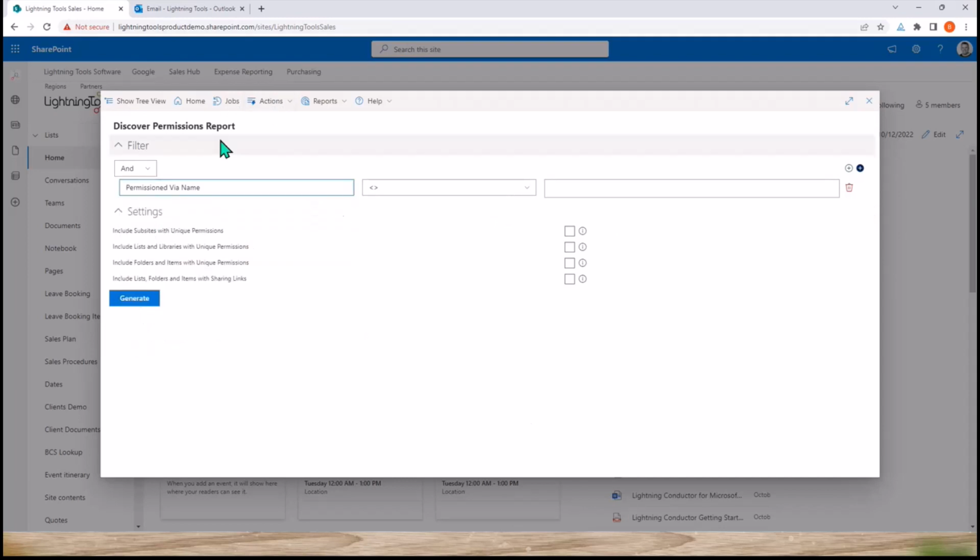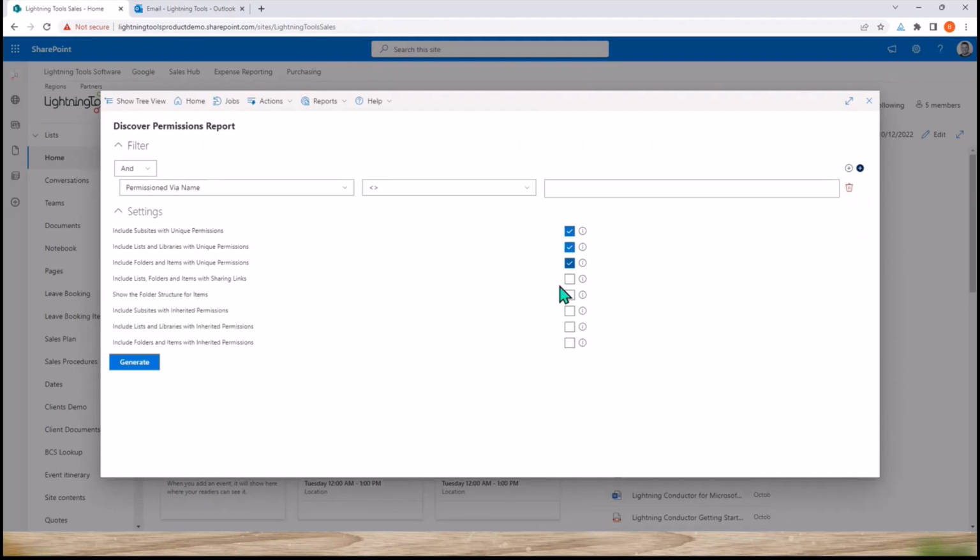And when we trigger this permission report, we can also run it not just for this site, but also any subsites that might have unique permissions, any lists or libraries that might have unique permissions, and any folders or items that might have unique permissions. So inside one report, we're seeing everything with broken permission inheritance together, and then we could again export that if we need to. We can also include sharing links, which I've just checked, and show the folder structure for any files or